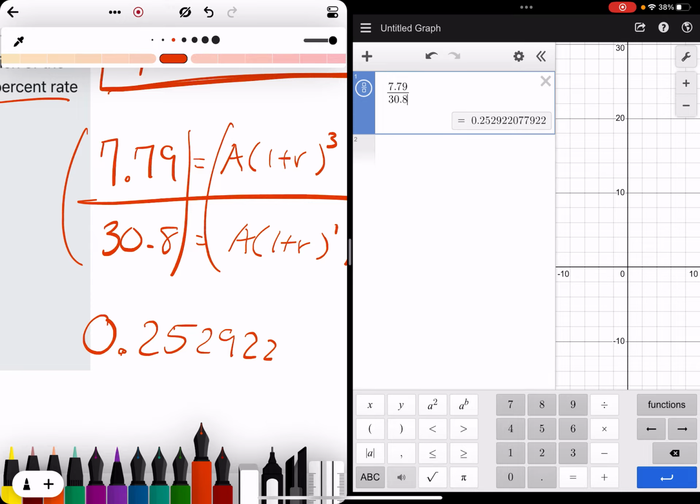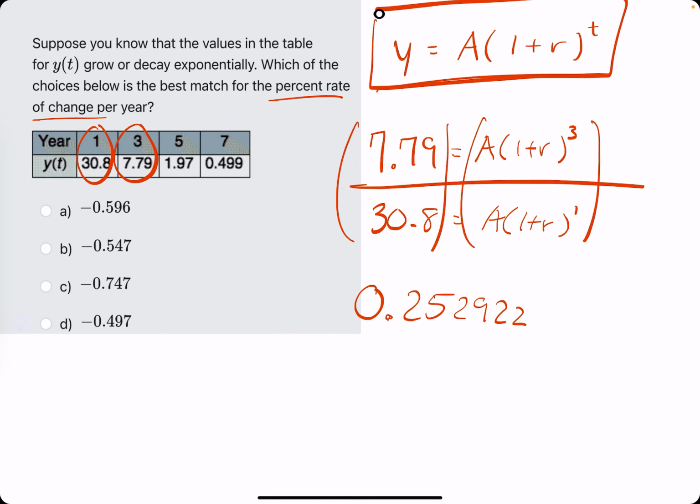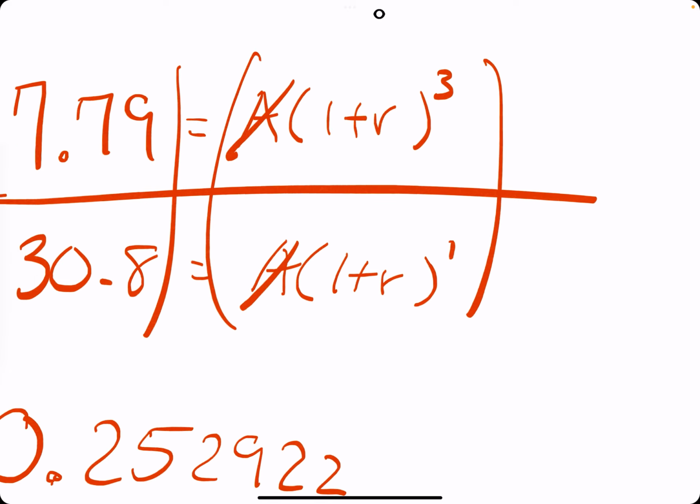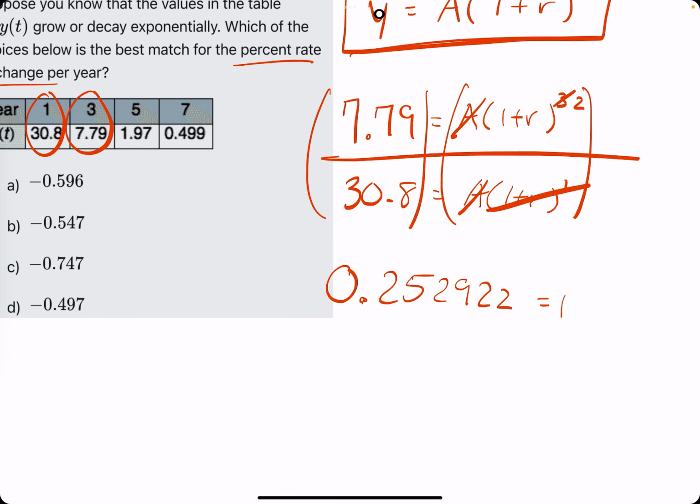All right. Then on the right side, the a's will cancel. And this is kind of weird, but we're left with 1 plus r cubed over 1 plus r. We have 3 1 plus r's on top and just 1 on the bottom. We can eliminate one of them on the bottom and one on the top,